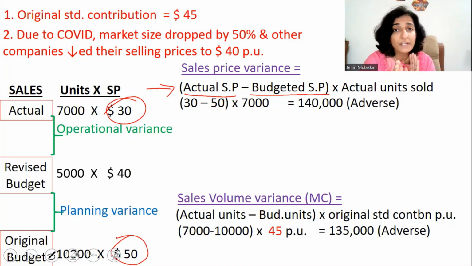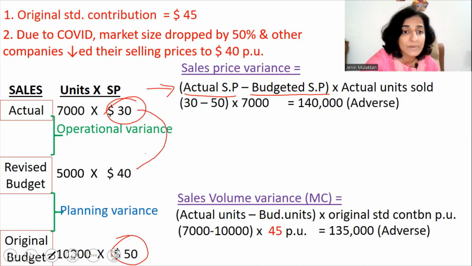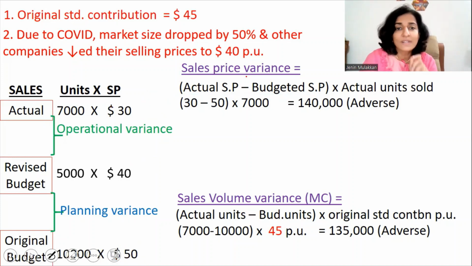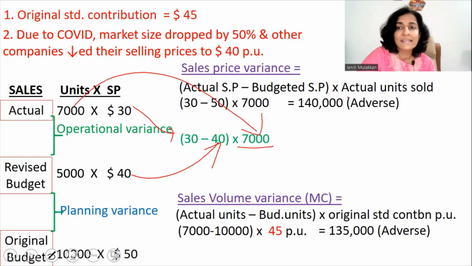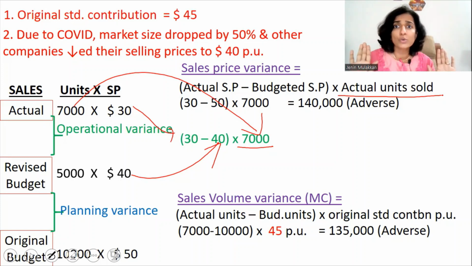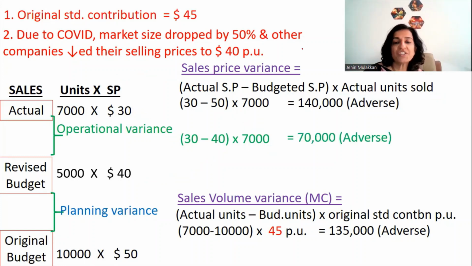Now, in order to find out the operational variance, we have to compare $30, that is the actual selling price, with the revised selling price. That is the only difference. So the calculation will be $30 minus $40 for the actual units sold. The item that appears outside the bracket, that is actual units sold, don't change. So we get the operational variance as